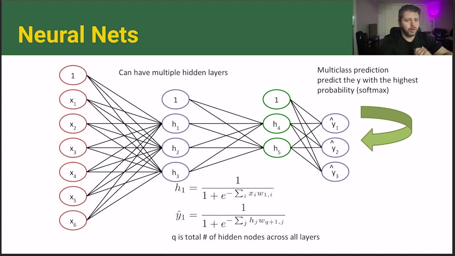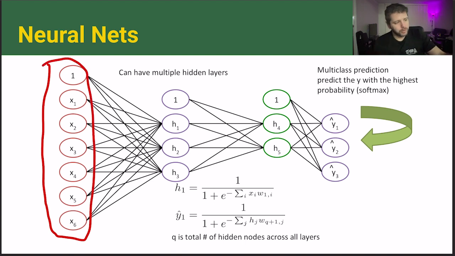And here's an example of a more complex neural net. So we still have our inputs here. We have 6 input features plus 1 that we prepend, in order to allow ourselves the ability to model the bias unit without having to explicitly model that. If we just prepend a 1 to the inputs as well, and then treat it as an extra weight in the model, this simplifies a lot of the conceptual understanding of the mathematical implementations